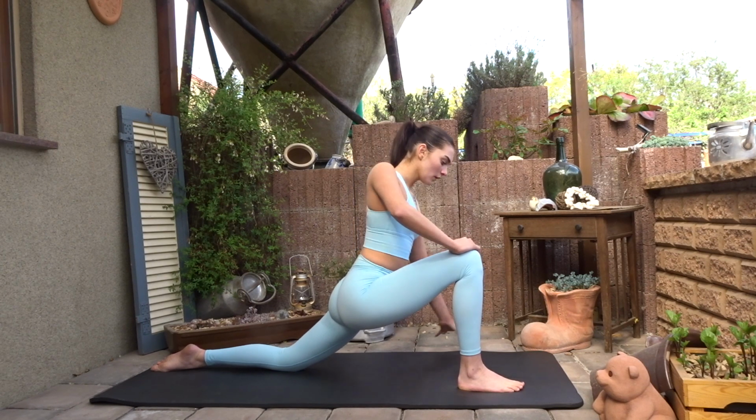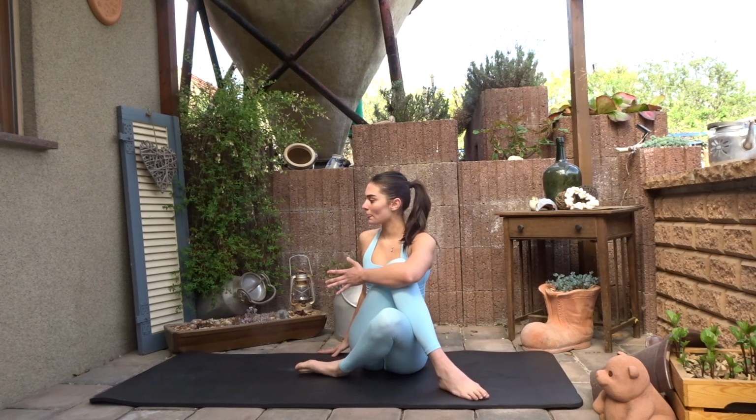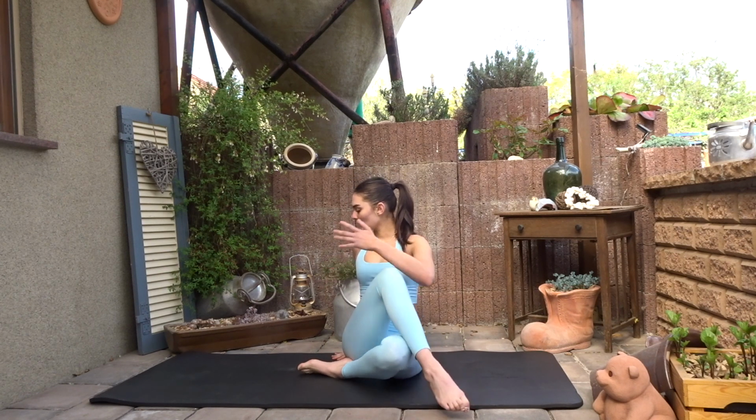Then I'm going to cross that leg under, pulling that knee into my chest, making sure both glutes are on the floor, and stretching out that spine and those glutes. You're going to feel it up through that right glute, and then I'm bringing that leg around into my quad